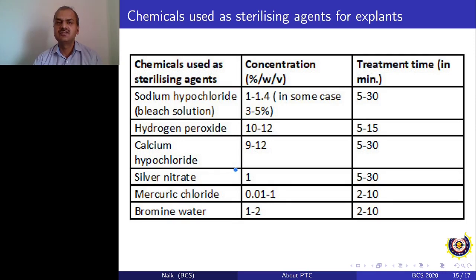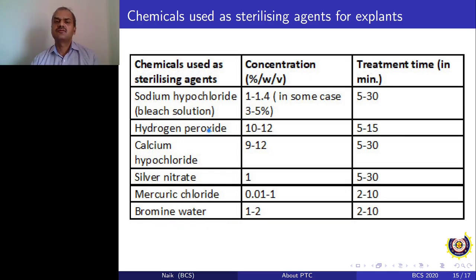It is available in any grocery shop. So bleach powder is anytime workable. Calcium hypochlorite, if you have, then you can use it at 9 to 12%. The incubation period is also 5 to 30 minutes. Silver nitrate at 1% you can also use. Mercury chloride is very low, you have to use it at 0.01% to 1%, and the incubation time is also reasonably low. Bromine water is also used in some cases, but these bromine water, mercury chloride, silver nitrate, and hydrogen peroxide,